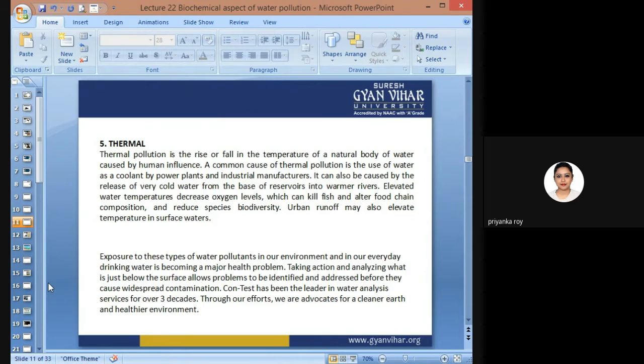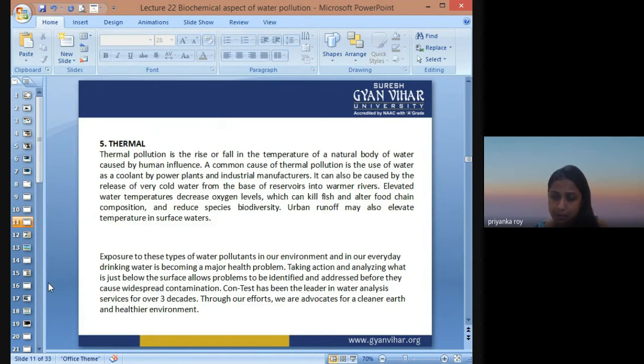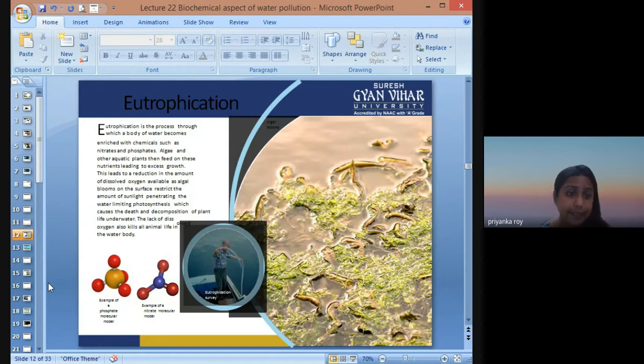So, Contest is a company that has been a leader in water analysis services for more than 3 decades. Though efforts are advocated for a clean earth and a healthier environment, we need more action plans and strategies to clean it. Okay, now coming to another topic that I was telling you, to explain water contamination,